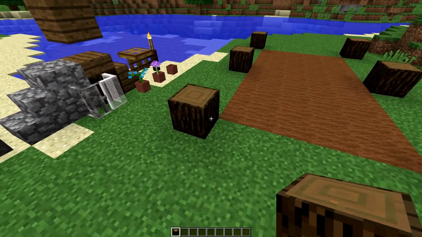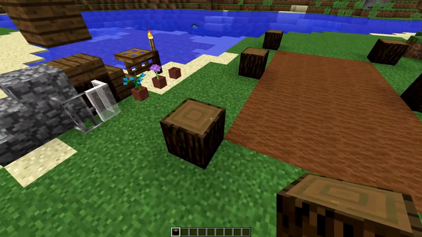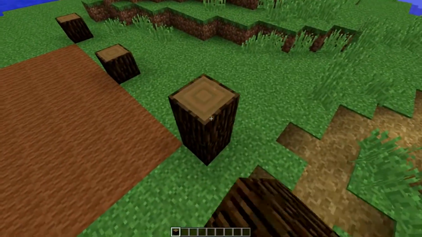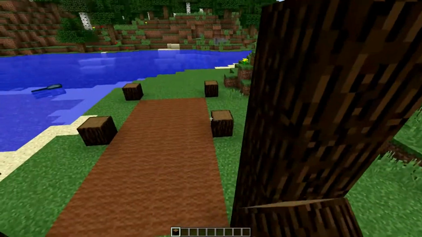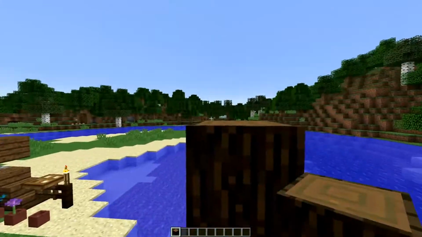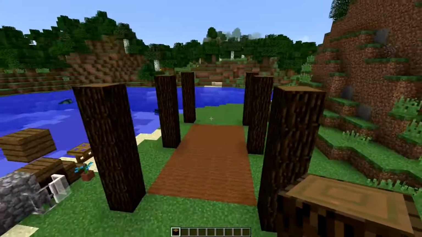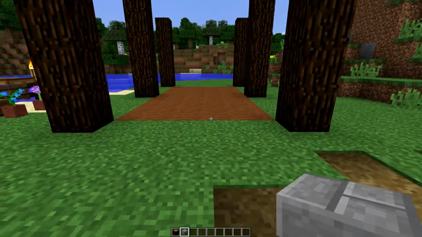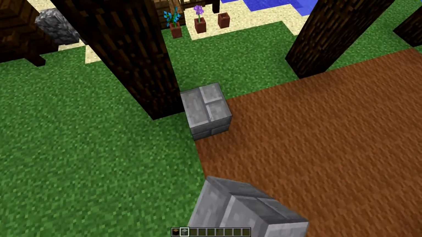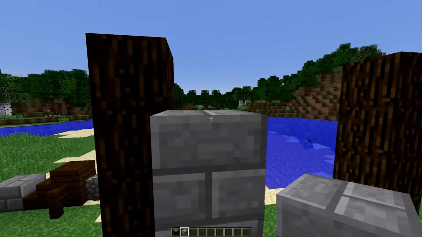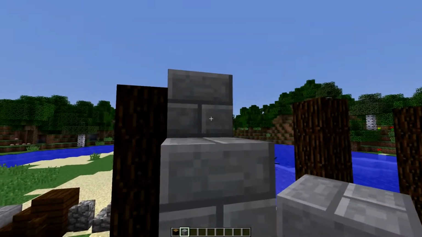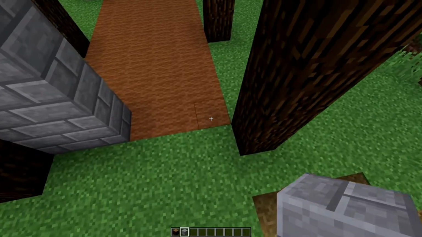Right, so now we need to build our logs up. Okay, so once we've done that, we can start building the inside of our walls. We're going to do this in stone brick, and we just need to come right up to the height of our logs. So we need to do that